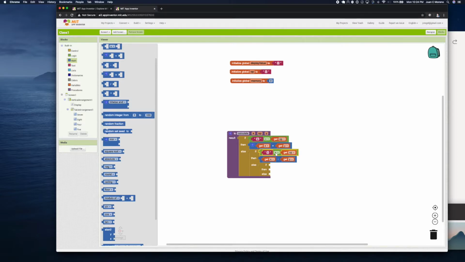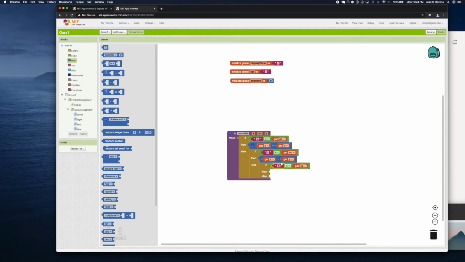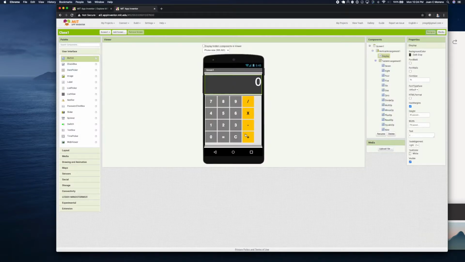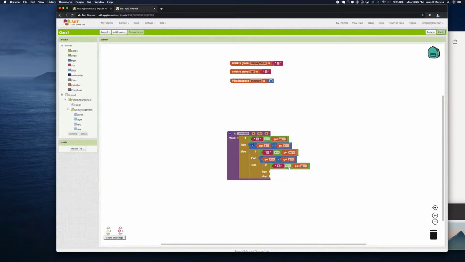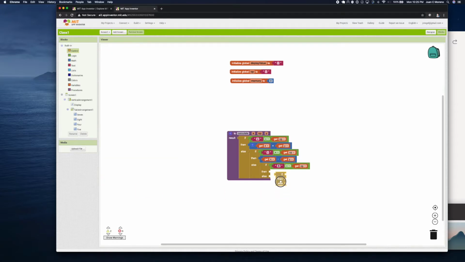We can duplicate this, plug it in here. We're gonna put the X because that's what we have on this side. Is it an uppercase X? Yes, it is. So we're gonna match it, and also add another one that will give us another if else block, and duplicate, and